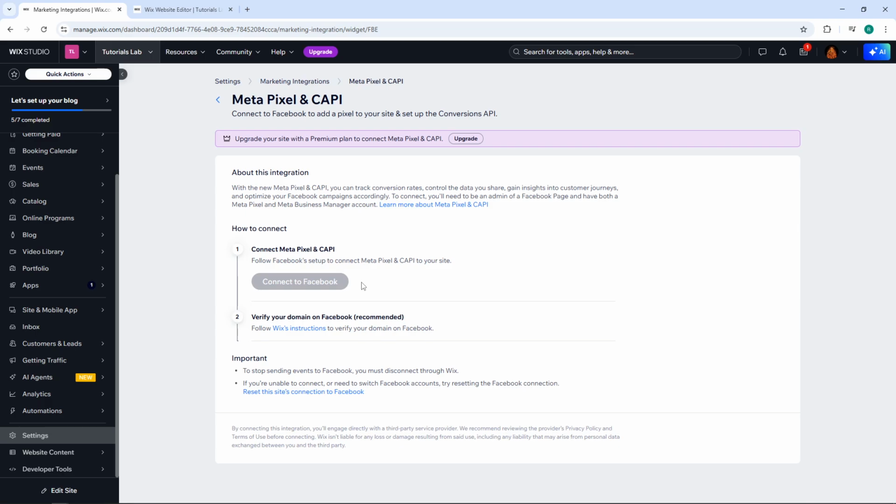From here, you'll see detailed instructions on how to integrate your Meta Pixel. These instructions will guide you through the final steps of linking your Facebook Business Manager account to your Wix site. Do note that you might see a different interface from here, as installing Meta Pixels on your website requires a premium subscription from Wix. If you're currently on a free plan, you'll need to upgrade to access this feature and